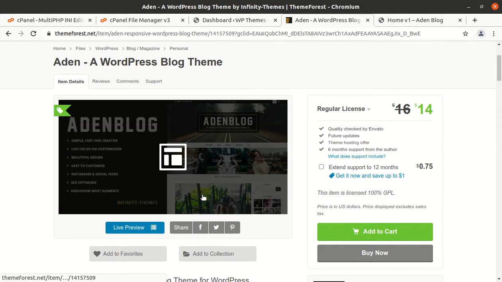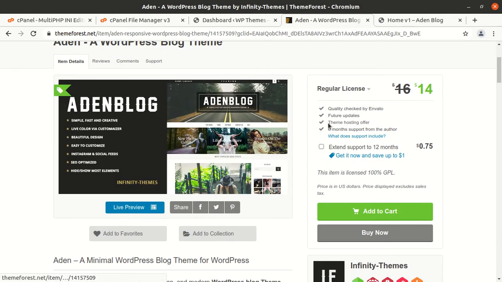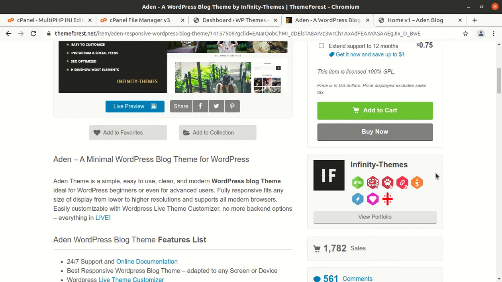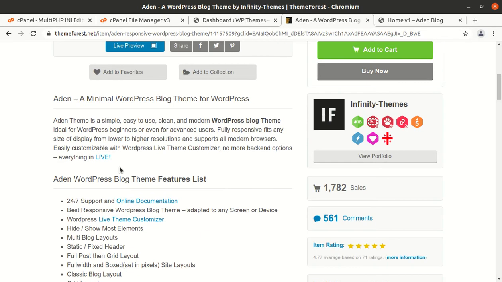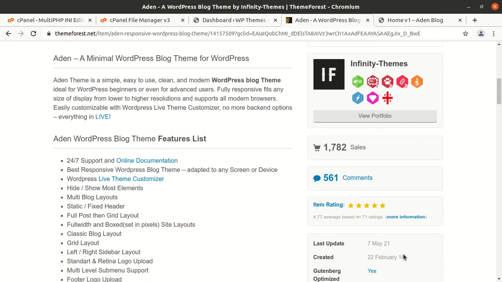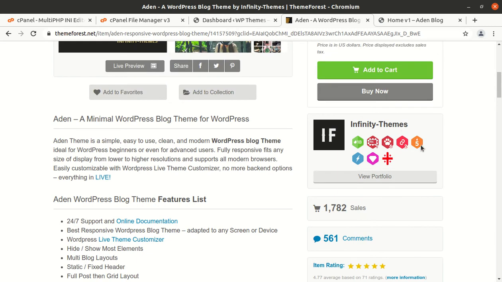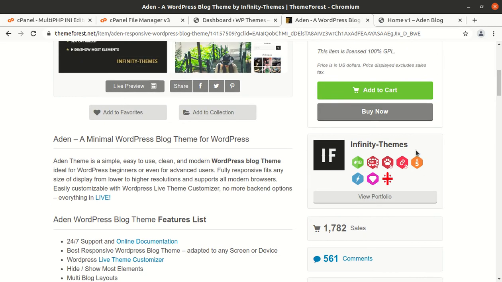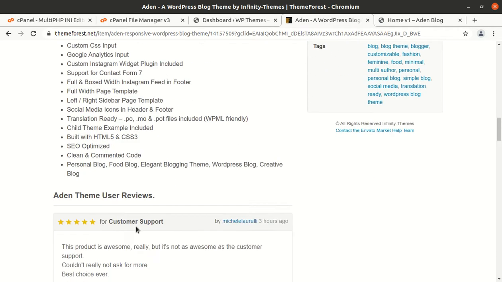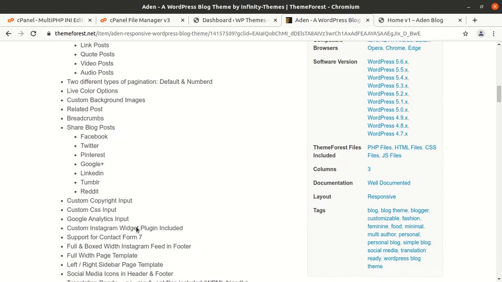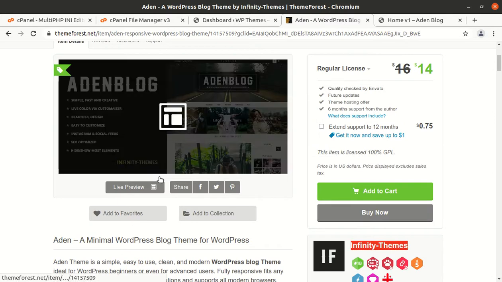Add-in blog is a WordPress blog theme, as I said, and it is a really great WordPress theme, as it comes with many features as you need for your blogging website. The theme was developed in 2016 and regular updates for this theme are also being done. The theme has been developed by Infinity Themes, and they are good, of course, so they make wonderful website WordPress themes. So let us begin the installation.